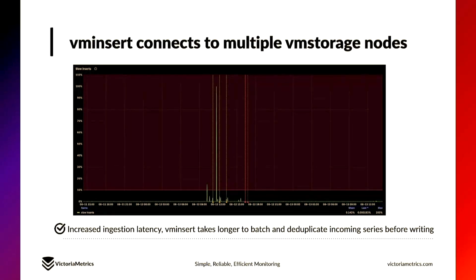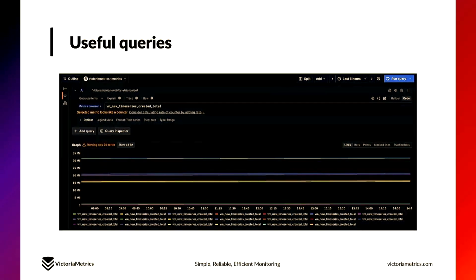Also, VM insert will be handling, like I said, the insertion part, the insert layer, the ingestion layer, and this will also be affected by high cardinality, so it's good to look at the spikes here for CPU, memory, and so on. One particular query that is unique in MetricsQL, the query language of VictoriaMetrics,